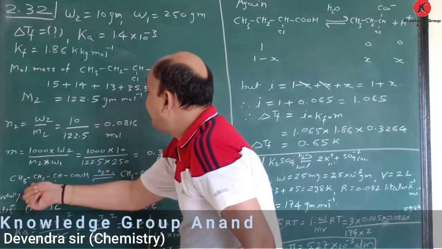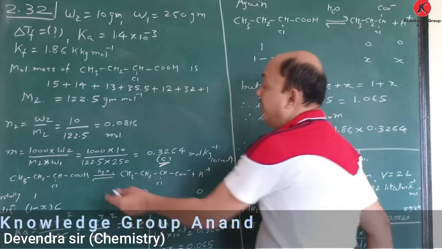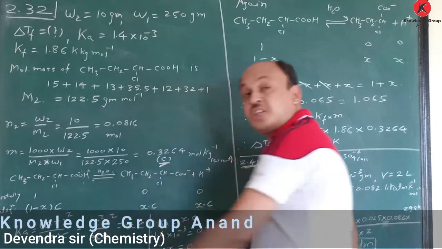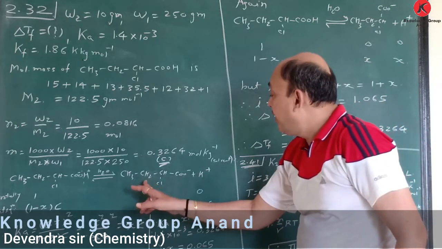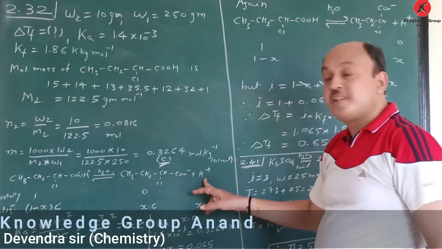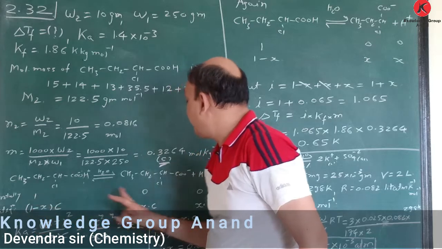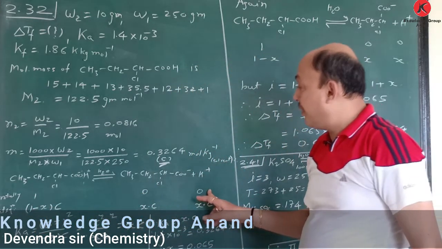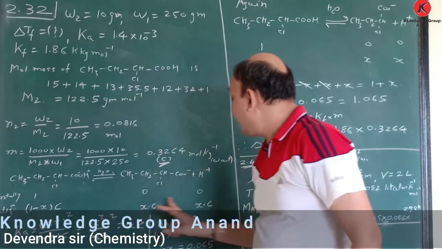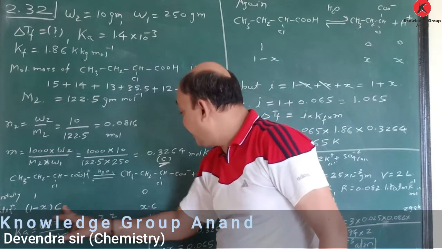So here CH3CH2CHClCOOH, that you learned in your 11th standard, if we dissolve it in H2O, at that time the COO negative and H plus dissociate in terms of ions. So here the CH3CH2CHClCOO minus ion is obtained and the H plus ion is obtained. Initially 1 mole is used, so initially 0 mole is developed. At equilibrium, 1 minus X remains, since X is dissociated in terms of ions, and the concentration term is C.